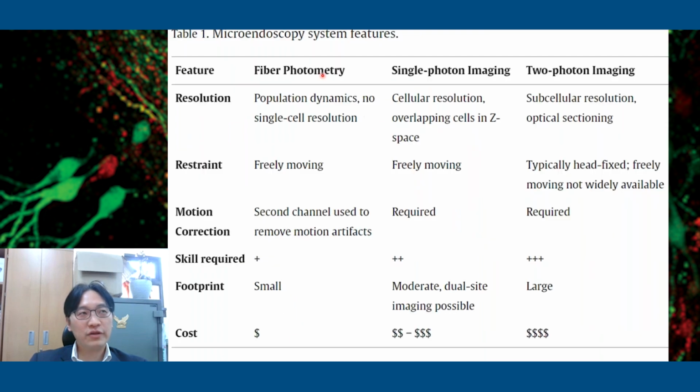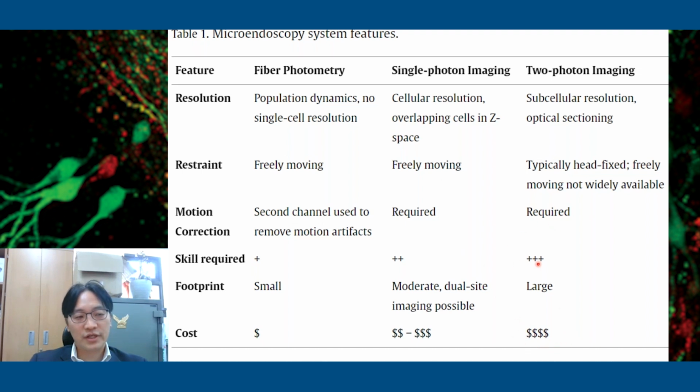So when you compare these techniques, the fiber photometry with single photon or 2-photon is mostly head fixed. The most important thing is the cellular resolution and the subcellular resolution. I'm mostly interested in the cellular, not subcellular. That's just my personal preference. I'm not that into the axon or dendrite imaging yet. So for the cellular resolution, I think single photon is good enough for right now. But I like to use the advantage of the freely moving,